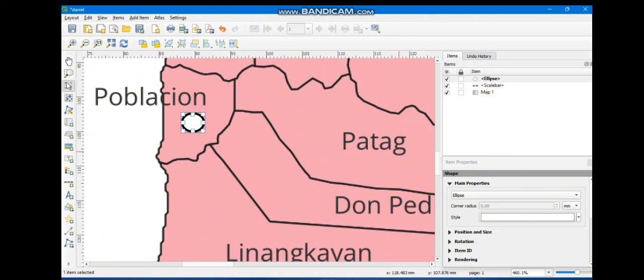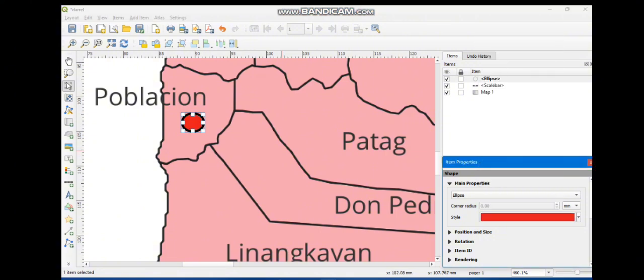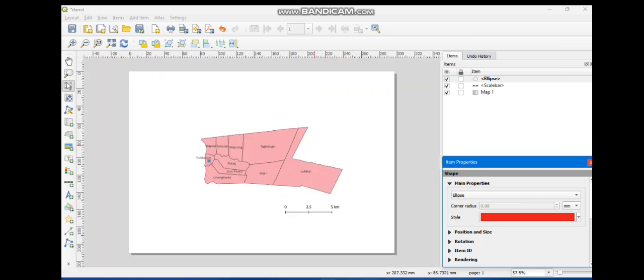So we will now add the legend, and then we will now select the color.